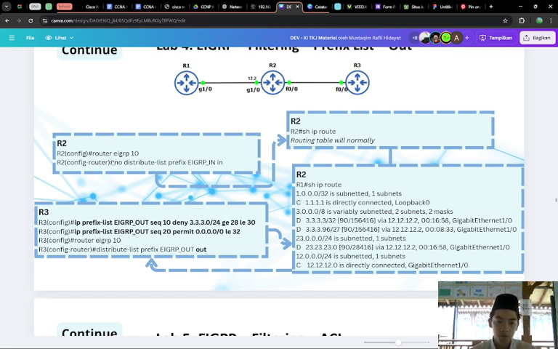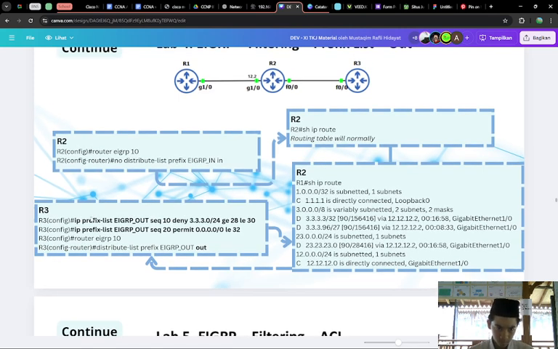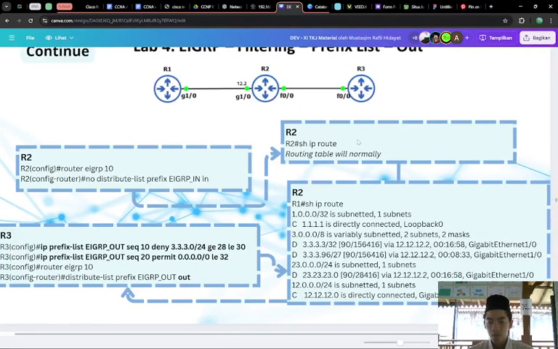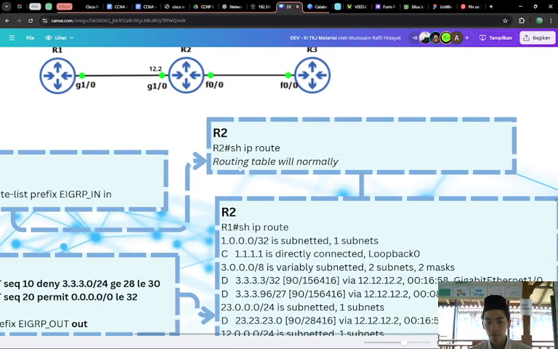This is to delete your previous configuration. Now, before that, you can show IP route.